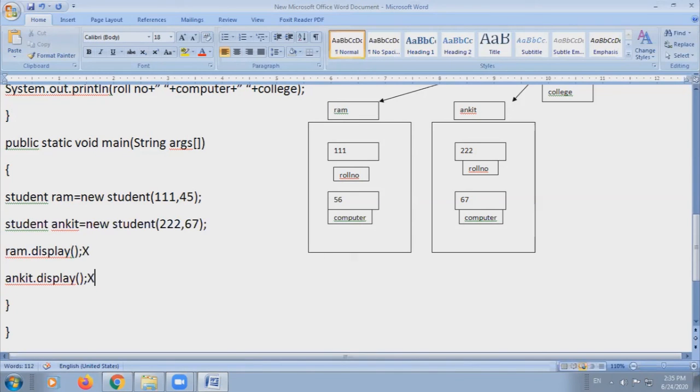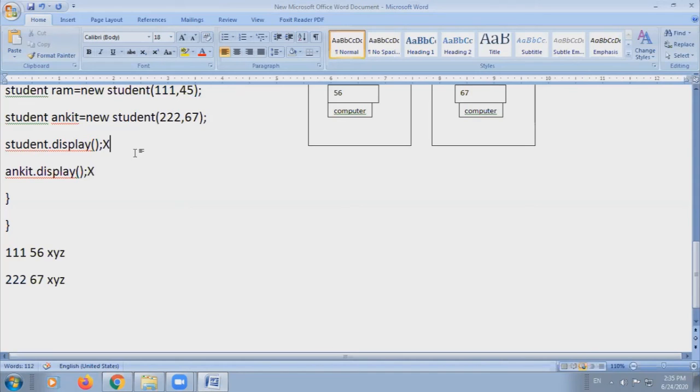Because you cannot call the static function with the help of the object. If you want to call this function, then you have to remove the object name and write the class name. Now it is correct. So you can call static functions with the help of the class name, not by the object name. So this is all about the static keyword.